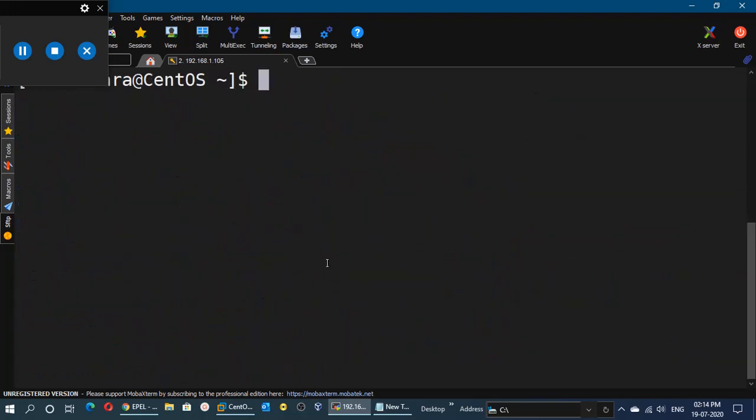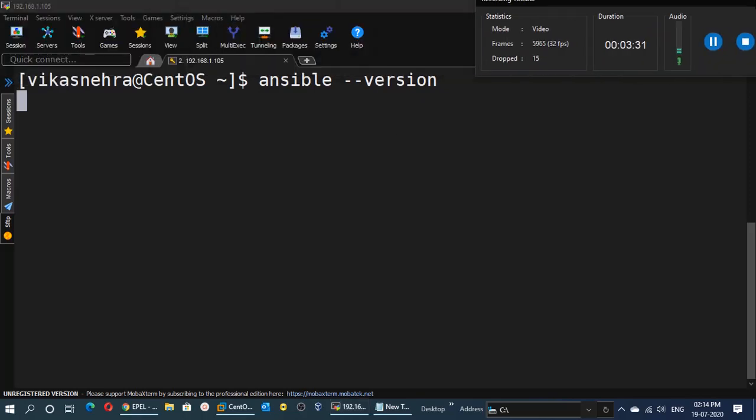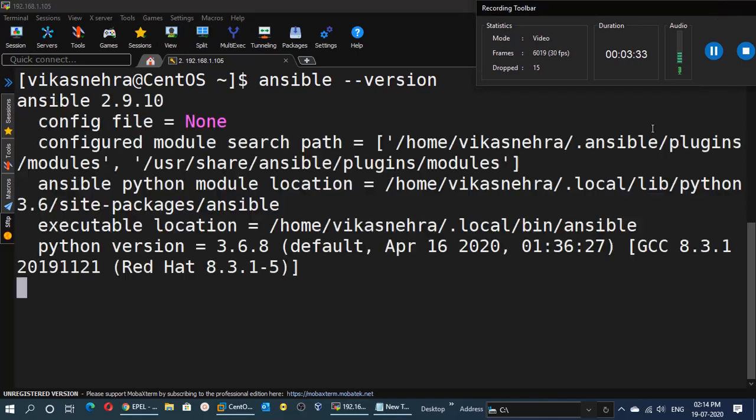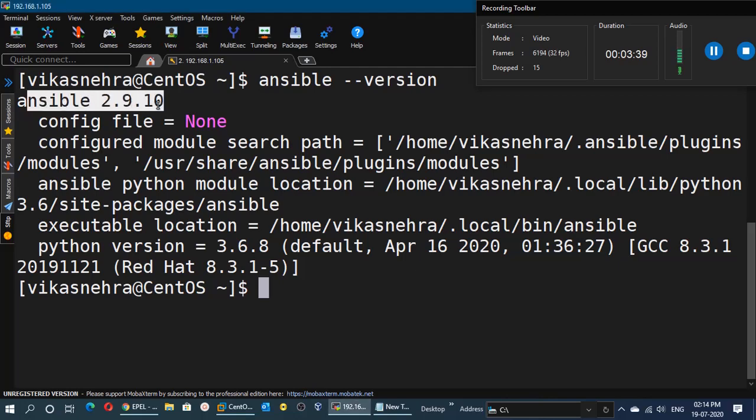Now we will verify the installation. So here we can run the ansible --version command, and this command will show the version of the Ansible. It can take few seconds. So here it is showing the version as 2.9.10.